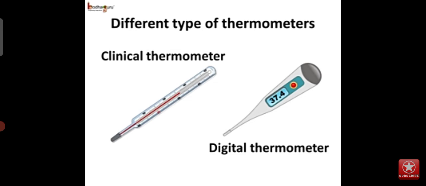There are different types of thermometers besides the clinical thermometer. One type is the digital thermometer, which doesn't use mercury. We just put the digital thermometer's bulb in the mouth or under the arms or touch it with some object, then the screen on it will show the temperature reading. The digital thermometer is easier to use and measures the temperature accurately.